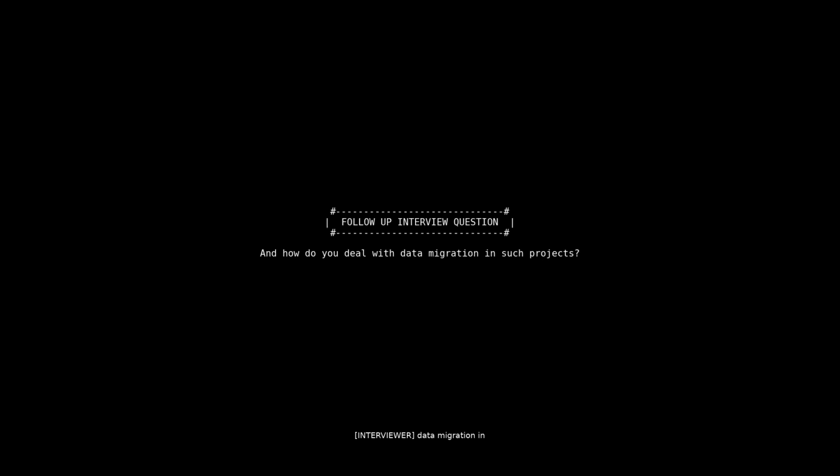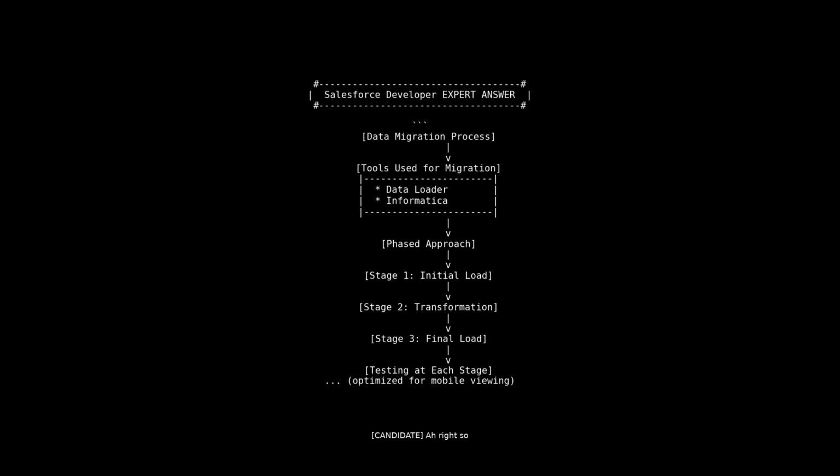And how do you deal with data migration in such projects? Right. So for data migration, we leveraged tools like Data Loader and sometimes used Informatica for more complex transformations. We followed a phased approach where data was migrated in stages with extensive testing at each stage to ensure accuracy